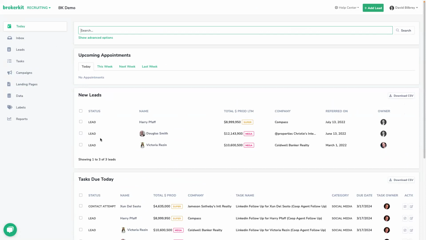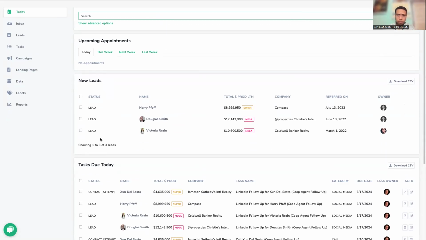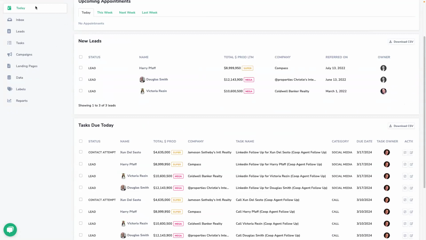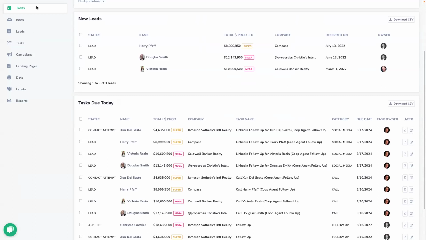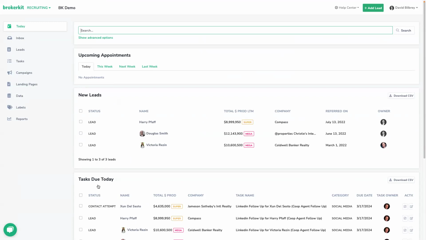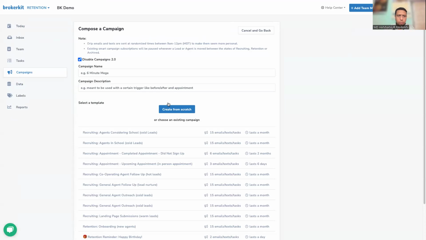So next we'll talk about how to help your agents be successful and retain them. The key to retaining new agents is getting them onboarded efficiently, coaching them, and keeping them engaged. Once you sign a recruit, they're going to move from recruiting into retention and into this onboarding queue to manage. If you have someone handling your onboarding tasks, you can automatically assign that to those folks. We also have an onboarding campaign already built out, so you can customize that campaign and have it set to trigger automatically. Also, if you wanted to create a 10-item onboarding checklist, you can do that through campaign. You do a campaign of tasks with 0 days between them,